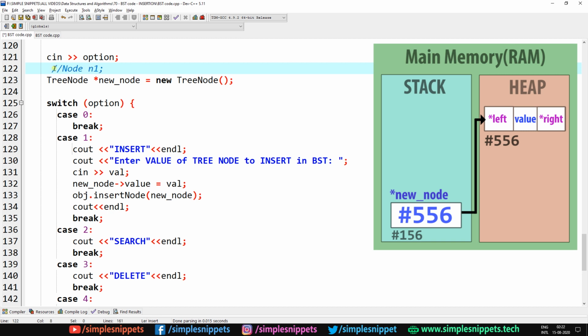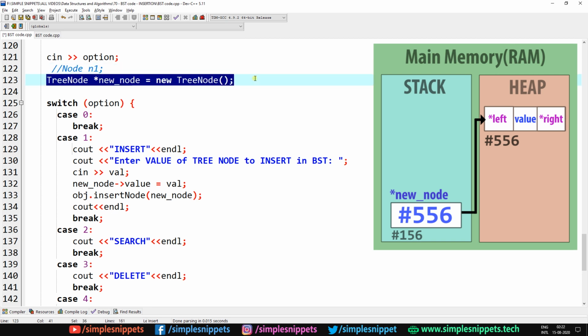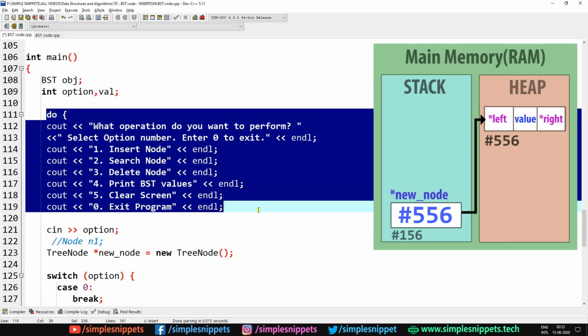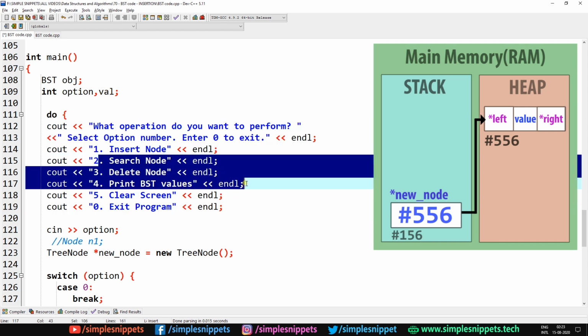The reason why we are doing that is because when you create an object in the heap memory using this methodology, that object has global scope and it will be there throughout this program execution. So till you completely close this program or explicitly erase that memory, till then that object will reside in the memory. And that is what we want, because we are going to run this switch case over and over again. We are going to use this do while loop over and over again to insert multiple nodes and to also do other operations.